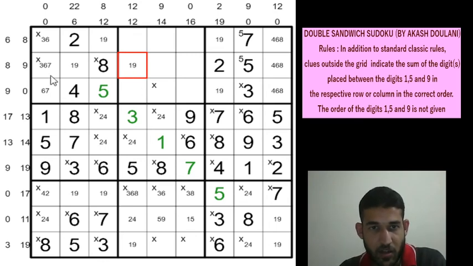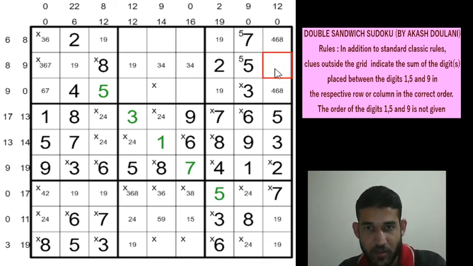Right? And we need to satisfy the 9 total now. So 1 and 9 is here and 5 is here. So these 3 cells will add up to 9, and that can be done in only one possible way. So this will be a 3, 4 and this will be a 3, 4. And we can remove the 4 possibility and the 8 possibility.